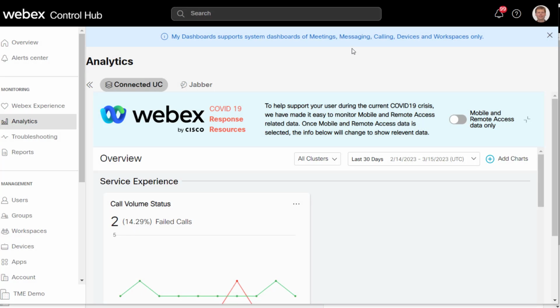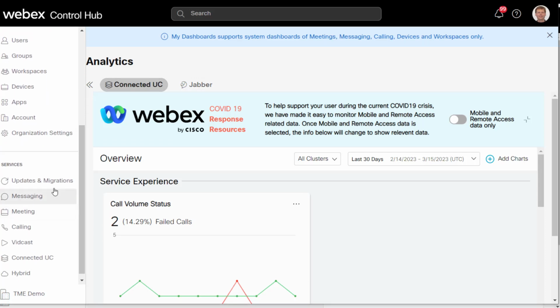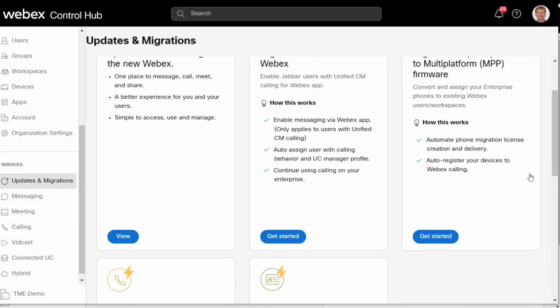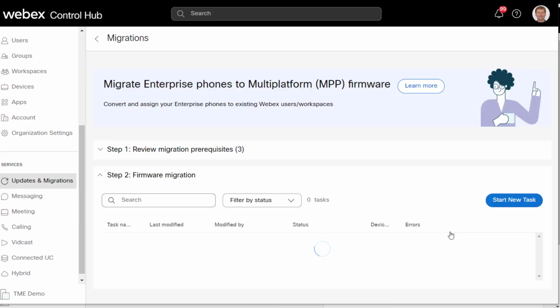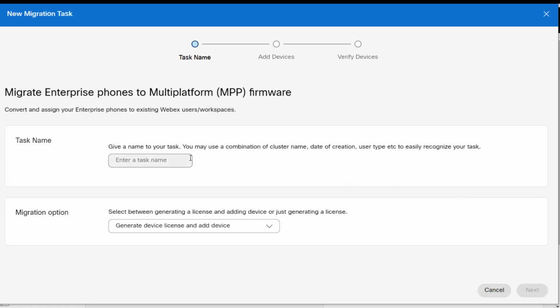So here we are in the WebEx Control Hub, and you can actually see that we are in Analytics and we have Connected UC enabled. And so what I'm going to do is go to Updates and Migration. We're going to go to Get Started, and we are going to leverage Connected UC to automate this process. So I'm going to start new task,